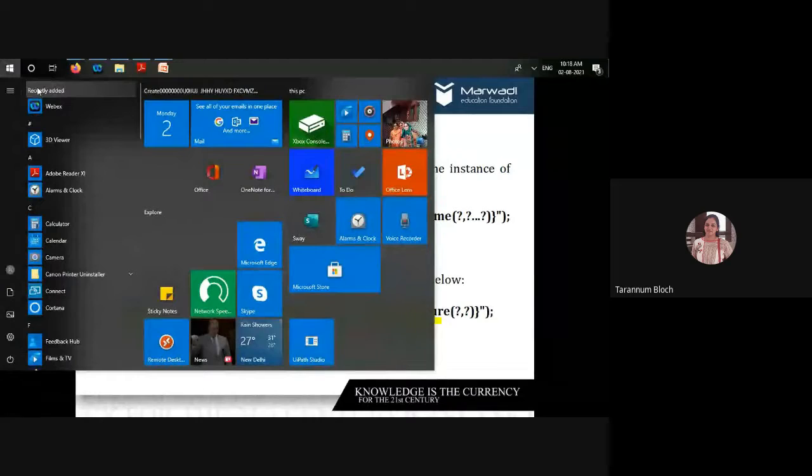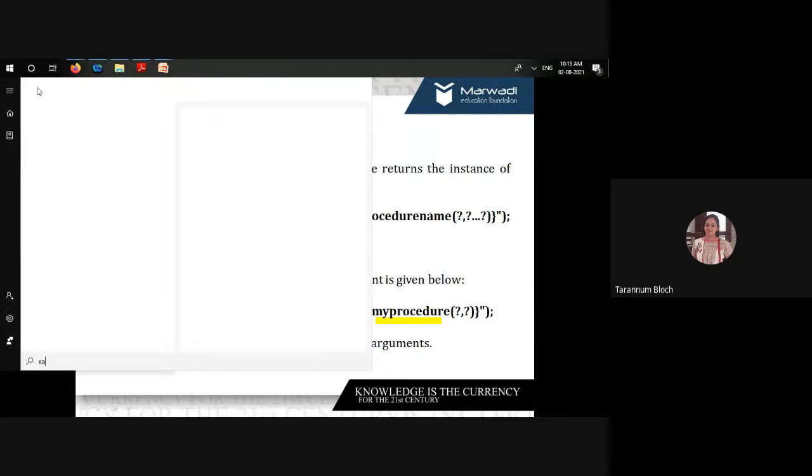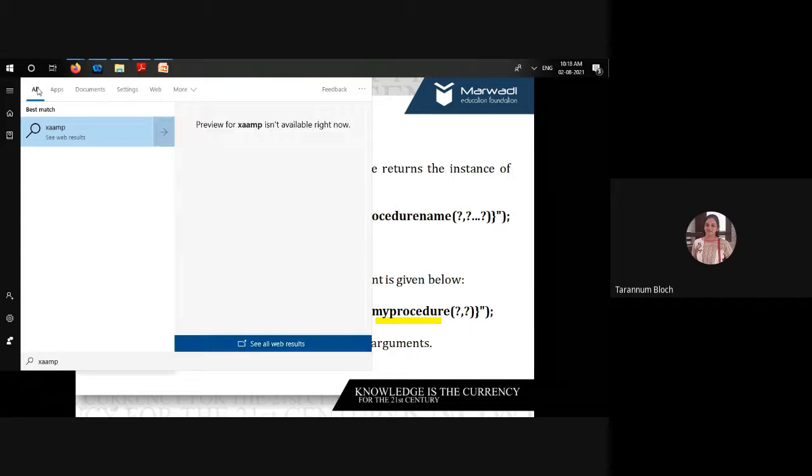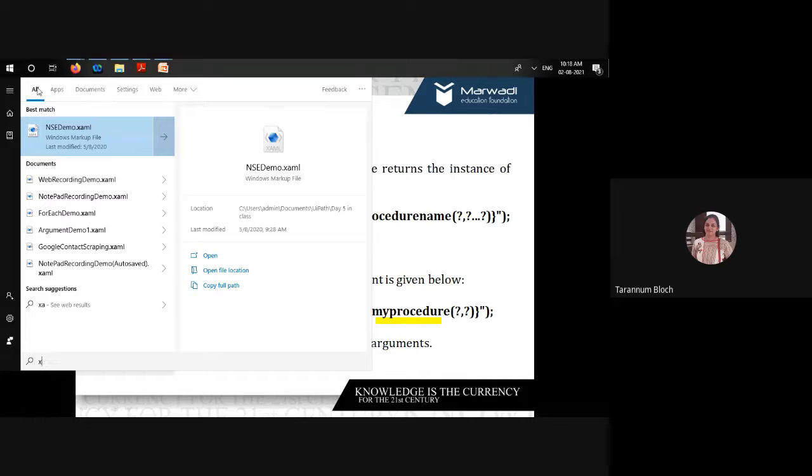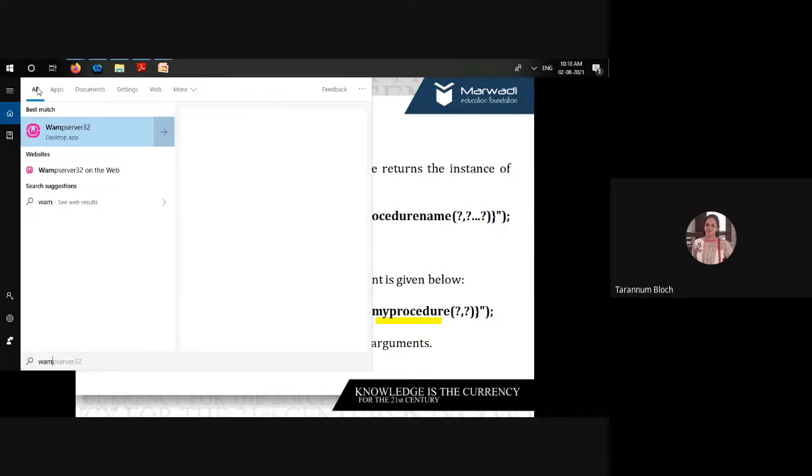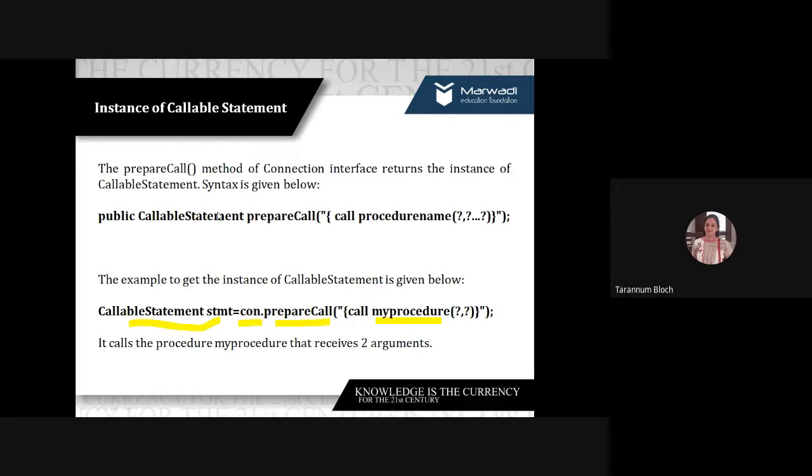a stored procedure. You can go either with XAMPP or with WAMP, right? You can create the stored procedure in your system. So if you have installed it, do it parallelly with me. Everybody open your WAMP or XAMPP, right?